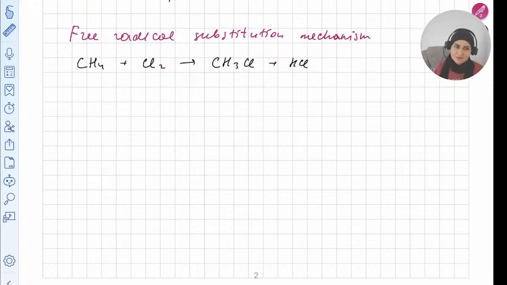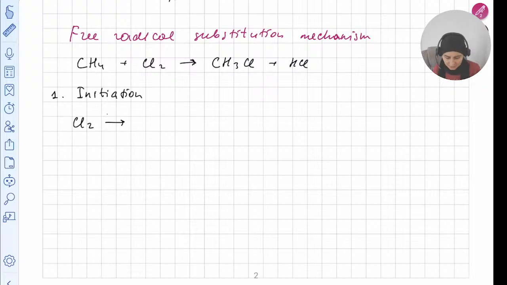Maybe I will, maybe I won't. Let's see how much time it would take. Okay. Right, so this is just a reaction, and now we will be writing the mechanism. So we want to show how exactly these products are formed and what side products we would have as well. So first step in the free radical substitution reaction is called initiation. In initiation, you take your halogen, the molecule of halogen, in this case it's Cl2, and in the presence of